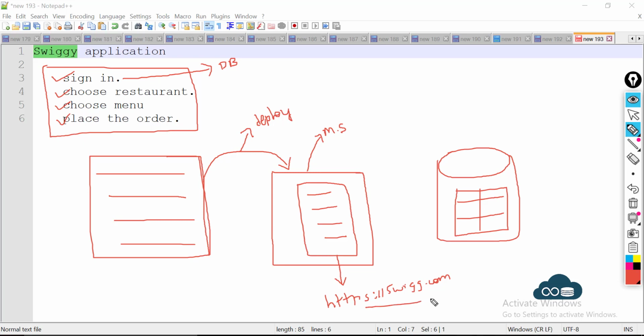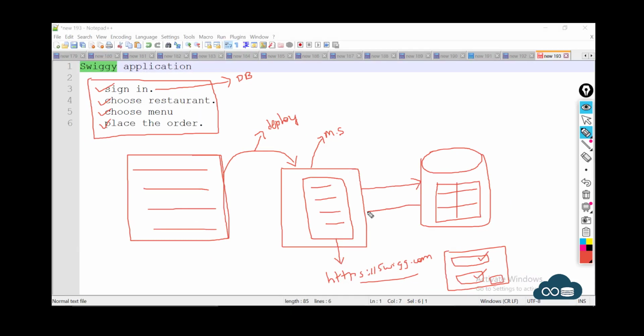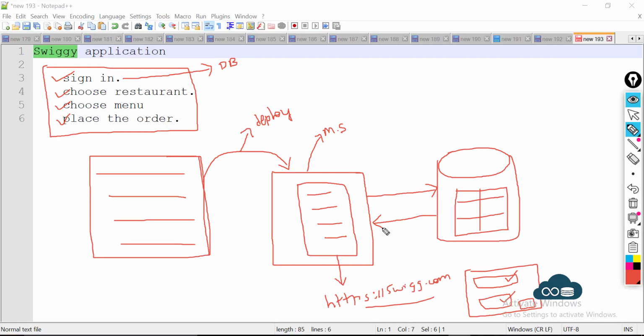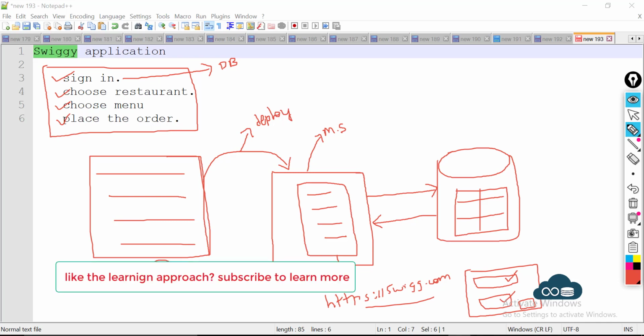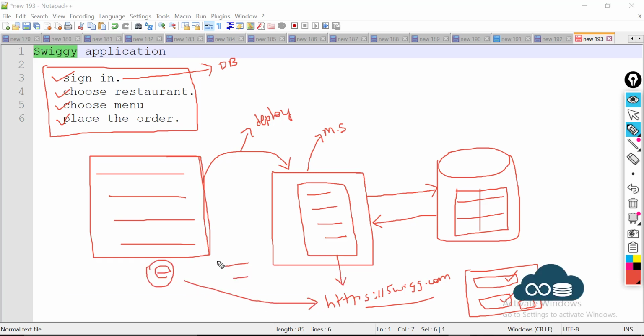So when I log into swiggy.com and when I enter a username and a password and click on sign in, these details entered have to be verified with the database. And if the details are correct, the response will be given. So at the end of the day, you are in front of your computer on the internet, logging into this website, entering a username and a password. The request goes to the middleware first.